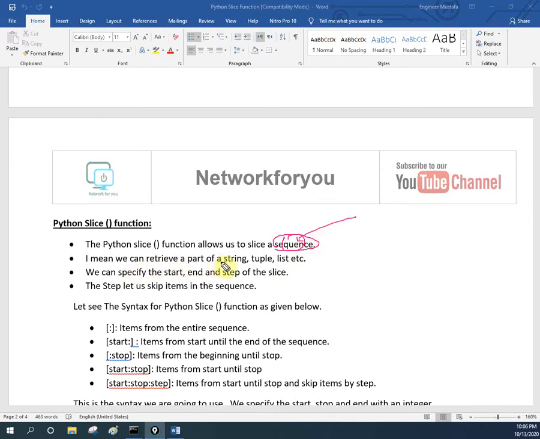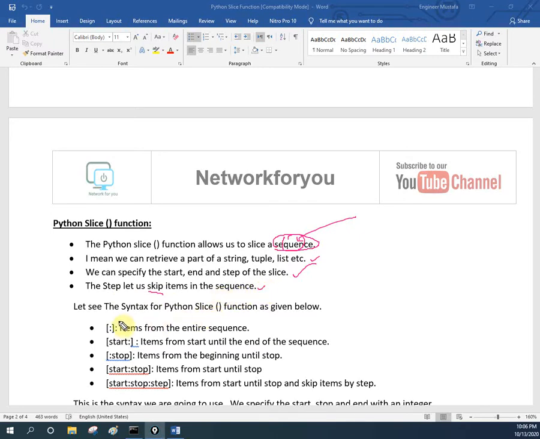We can retrieve a part of a string, tuple, or list. We can specify the start, end, and step of the slice. The step is used to skip some items in the sequence. We are going to look at that also.